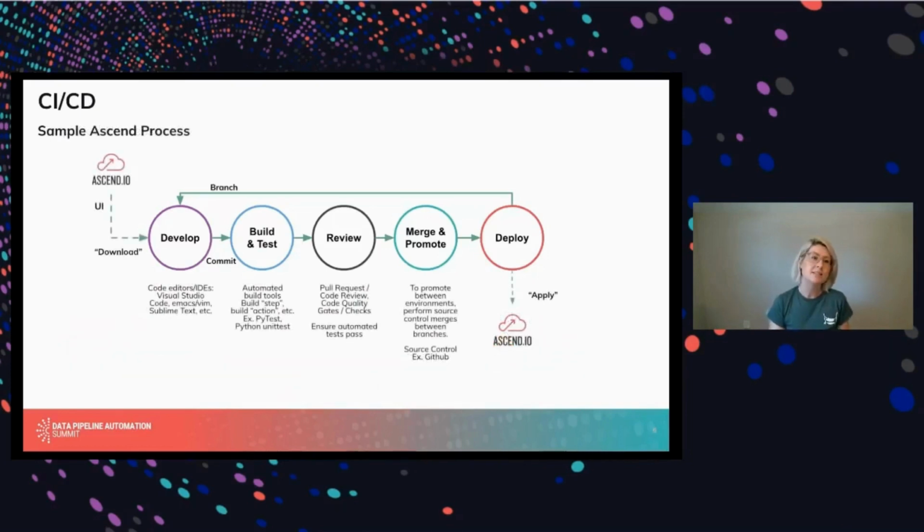Okay. With Ascend, this is just a really quick sample Ascend process. So it looks the same, right? These are typical steps that most, if not all, organizations are going to take in their CI/CD process. It's not super new or innovative or anything like that. But with Ascend, we do have the option to use the CLI and download any of the changes or configurations that you've created, new data flows, new data services, from Ascend directly from that UI using the CLI,